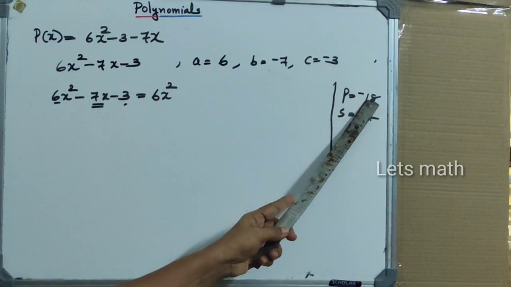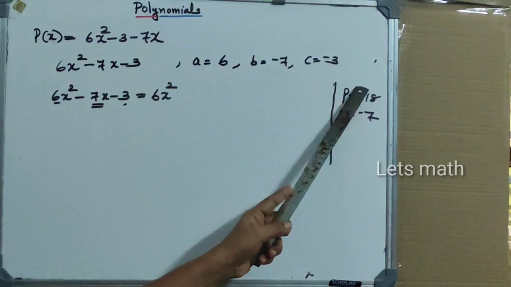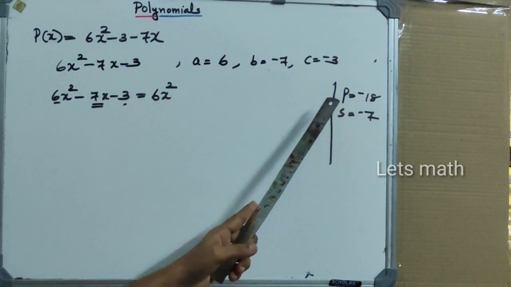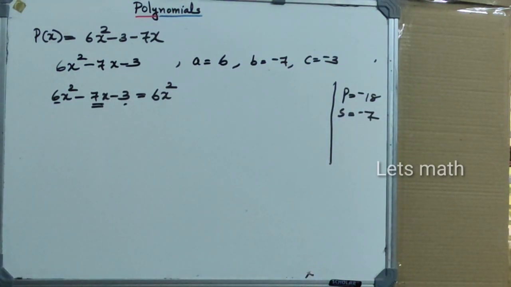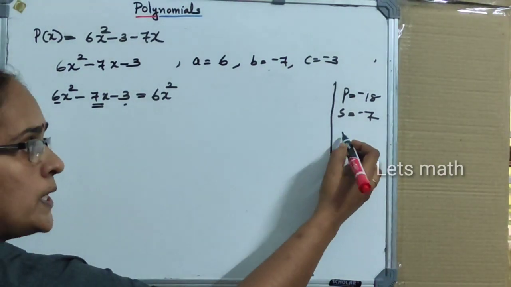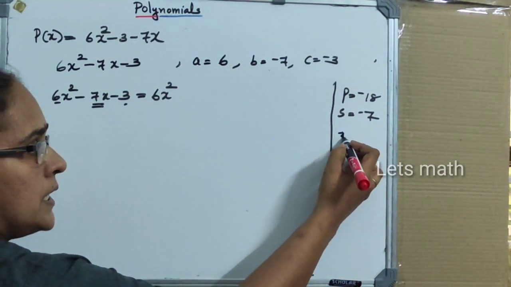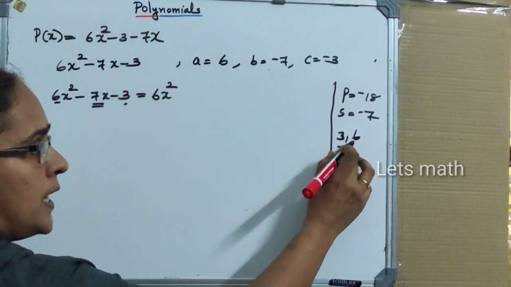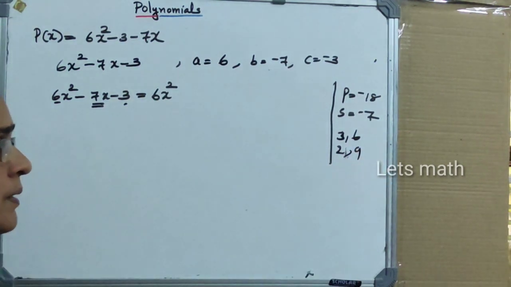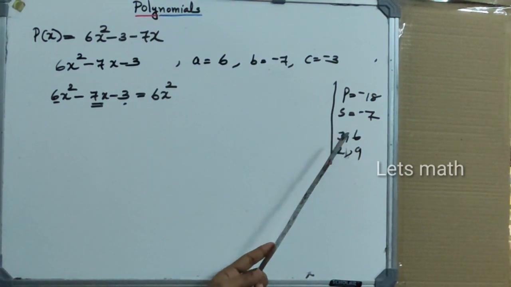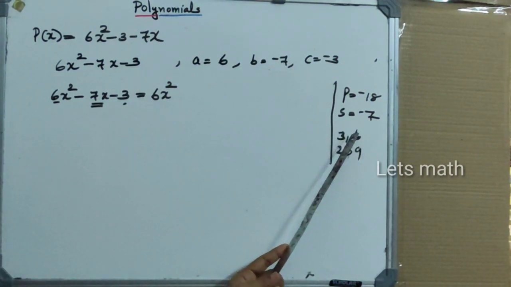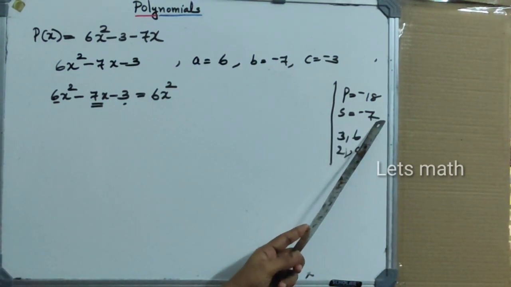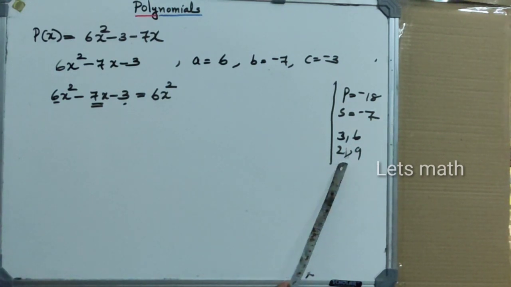Think of the factors of 18 again. We have different factors: 1 into 18, okay, that is there. Then 3 into 6 is there. Then 2 into 9 is there. So among this, which one do we choose? 3 and 6. Whatever you do with 3 and 6, you will not get 7. But there is a relationship here, 2 and 9. Difference is 7.